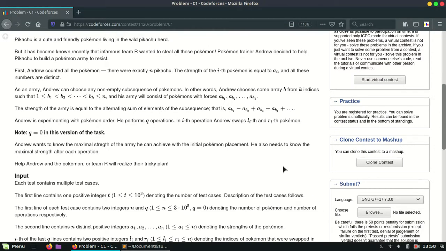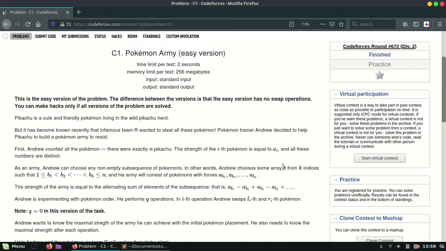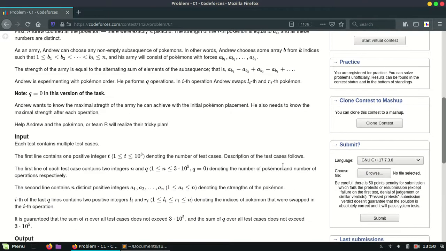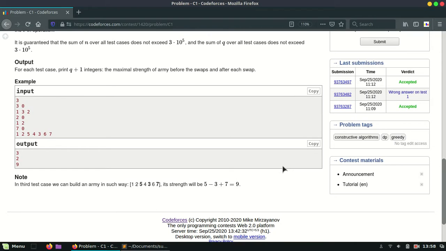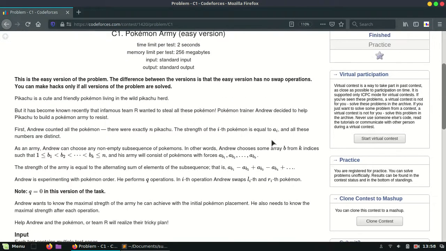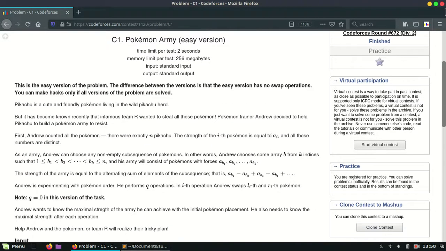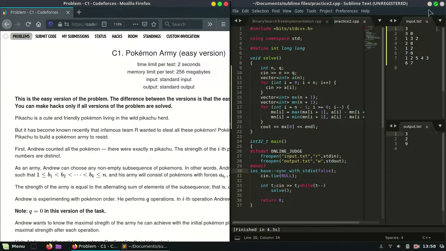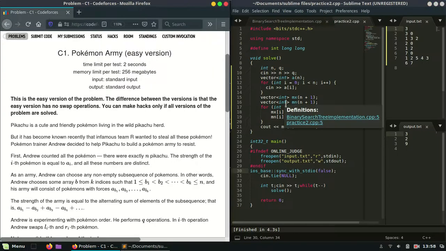So this problem, everyone was saying that this problem is DP, and yes, this problem was of DP. I have also used a kind of constructive algorithm and DP logic only. This is a very easy problem, so let's move on to the code now. The code of this problem is this.